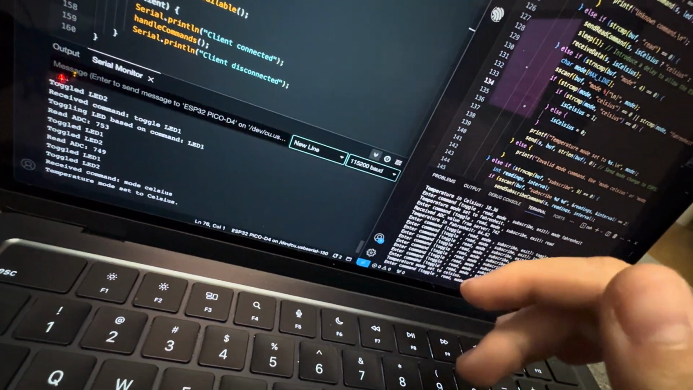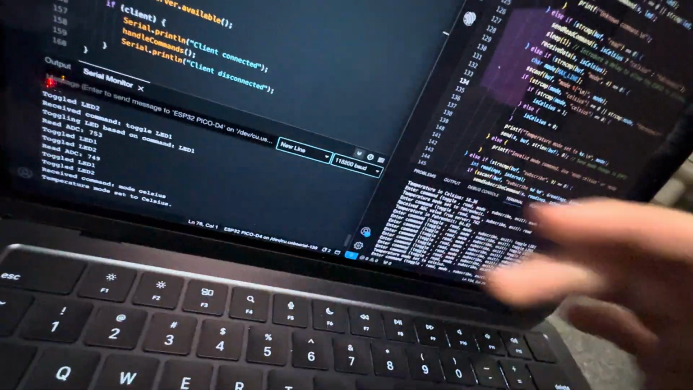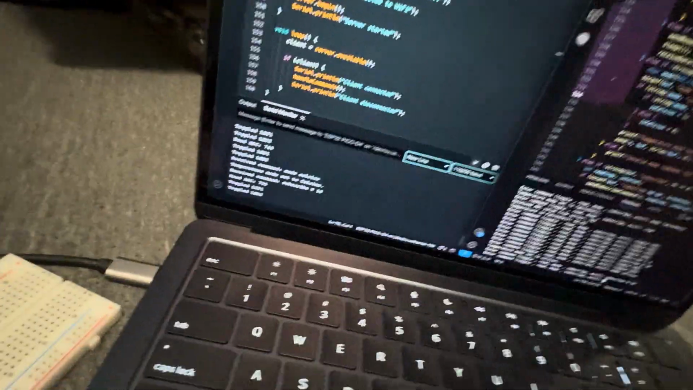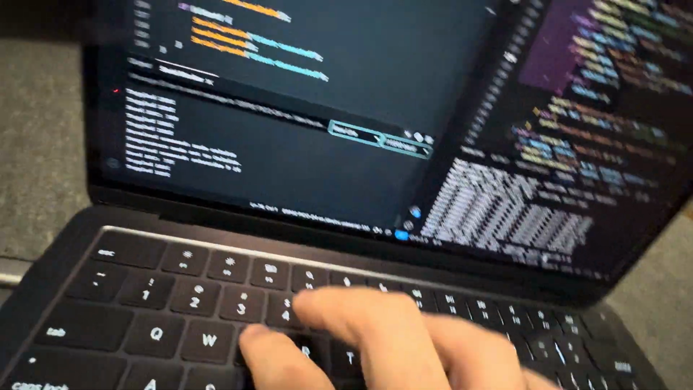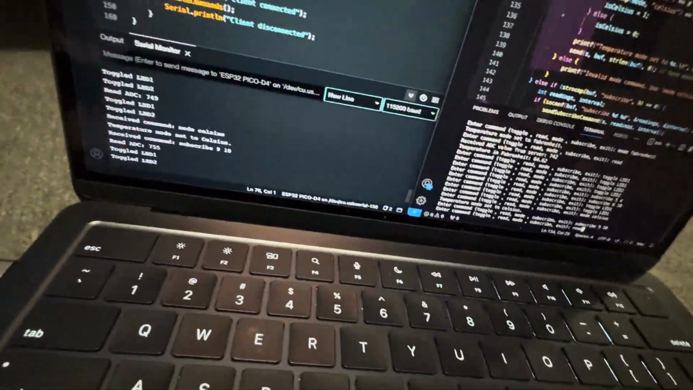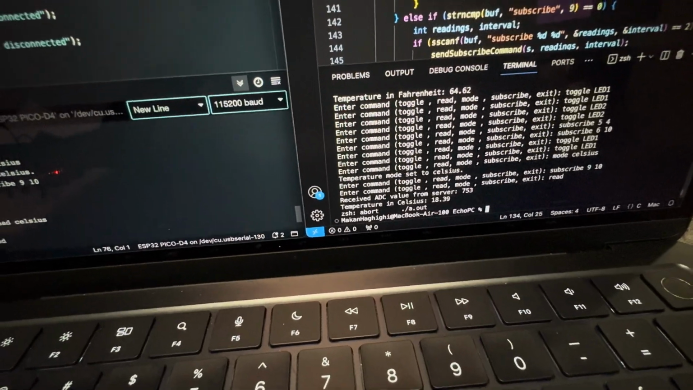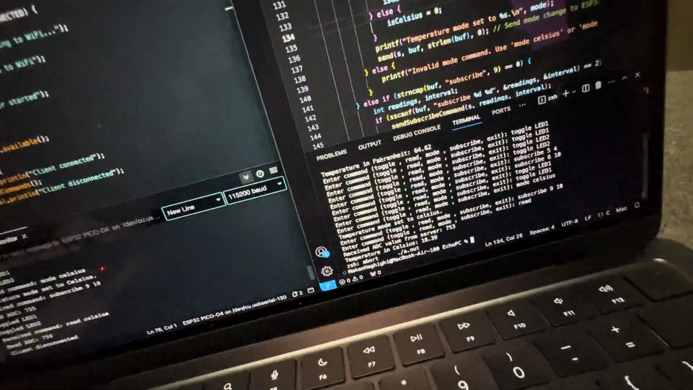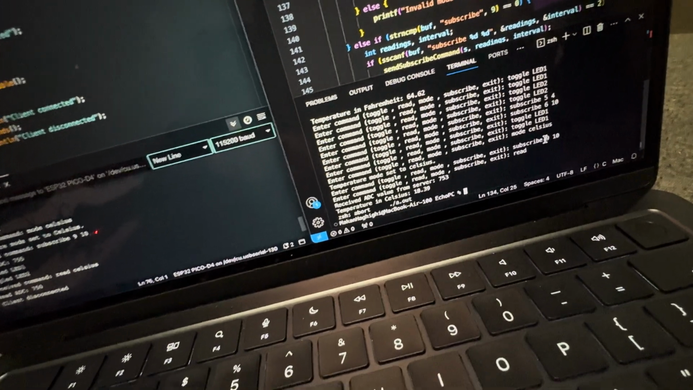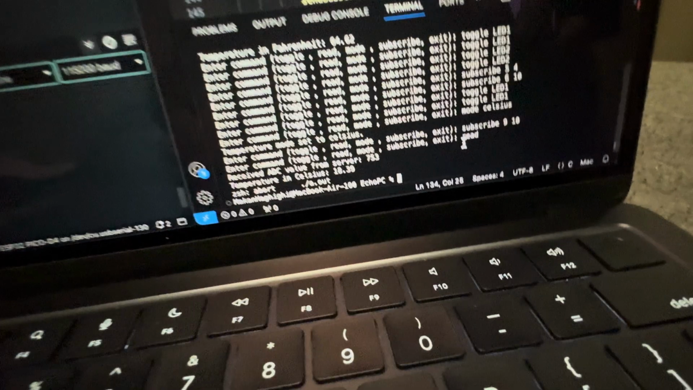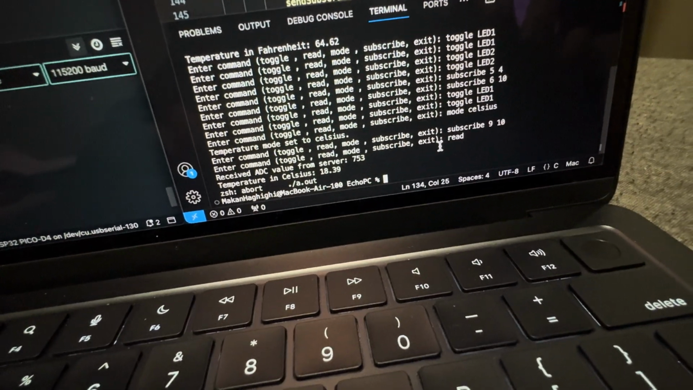Let's do a 9 and a 10. There we go. Let's recommence. And then I'm just gonna do a read to get the immediate. Now I've been having this issue. I'm not exactly sure what the issue is, because sometimes, not always, but sometimes when I try to get the